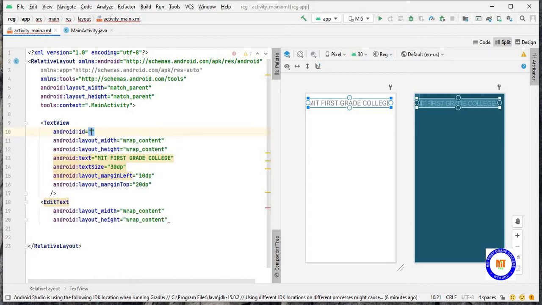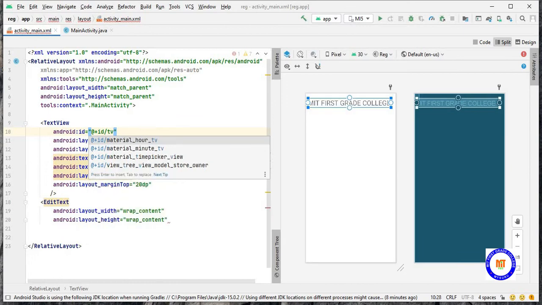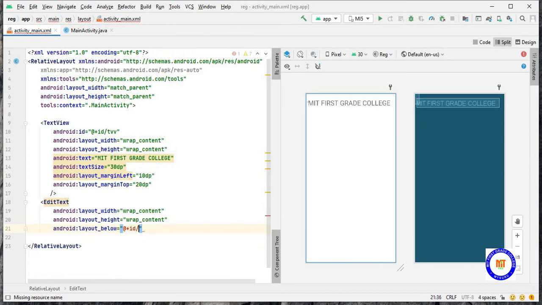Text ID. Let this be TV. So here, from the margin, it has to align below. The ID text will be TVB.